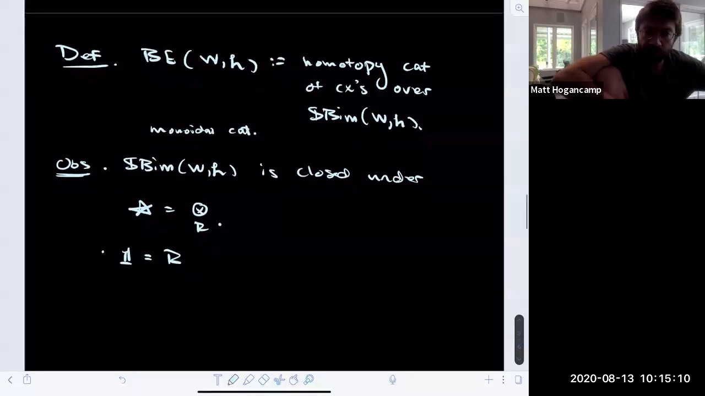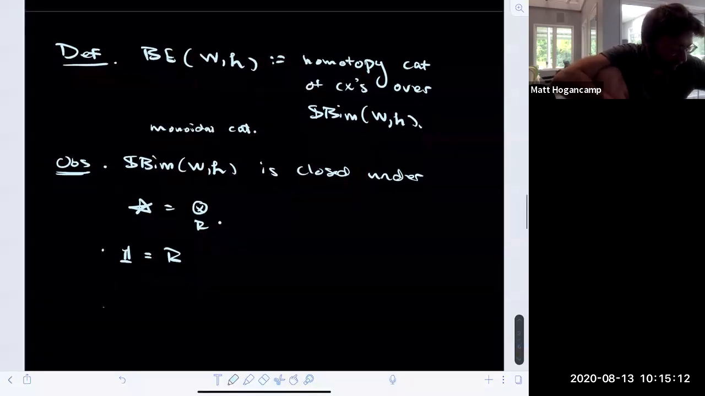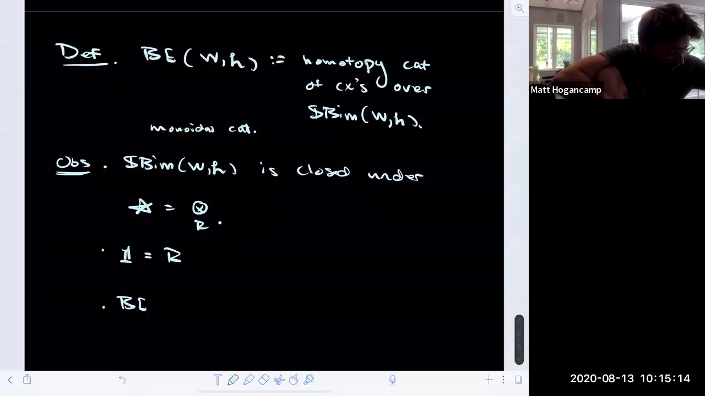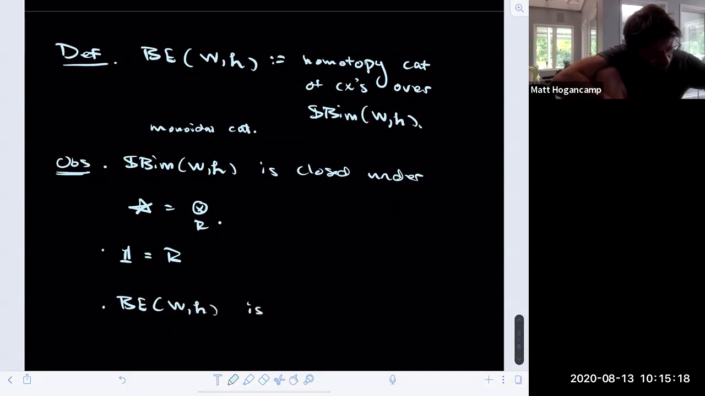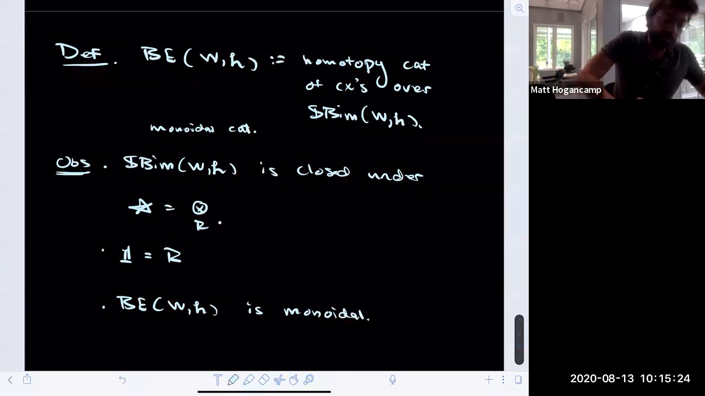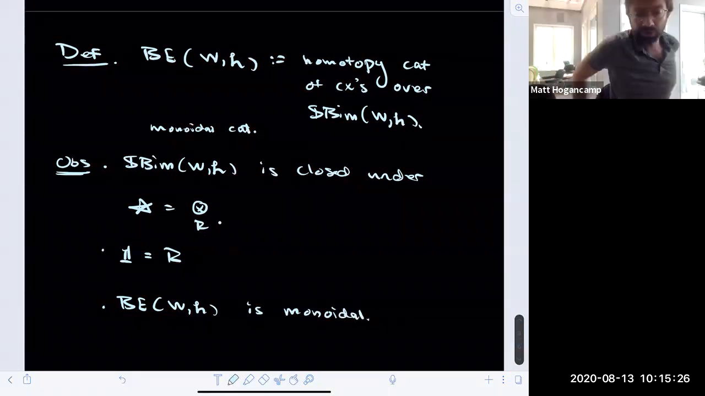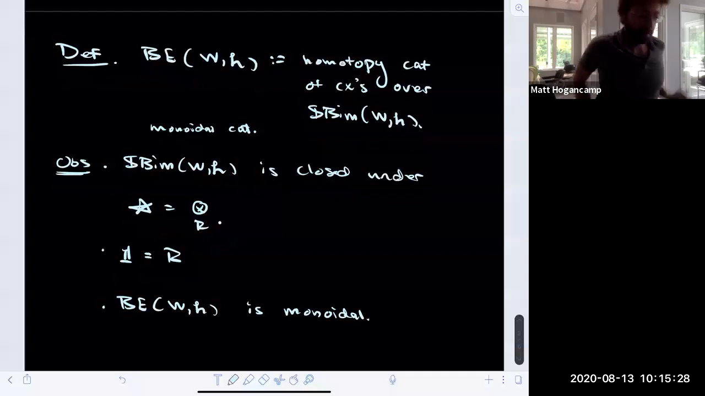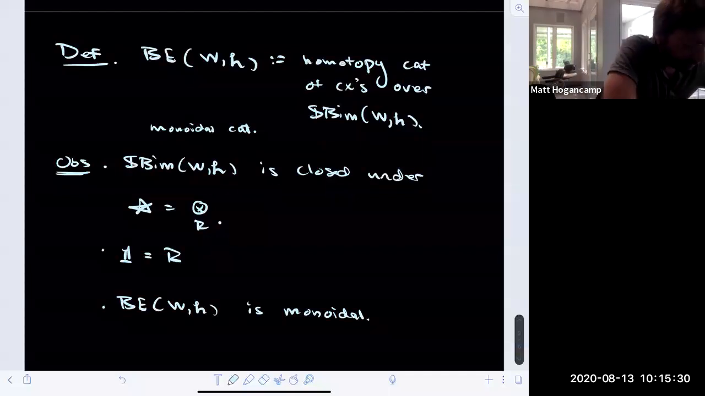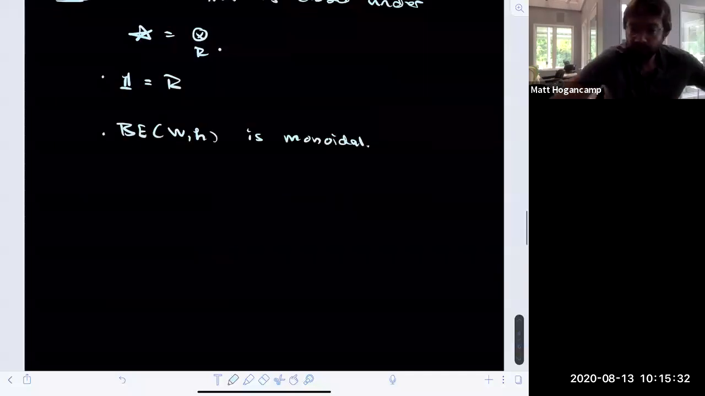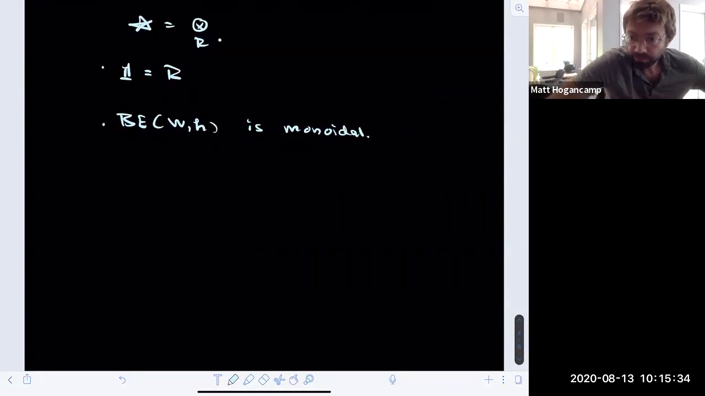And because SBIM is monoidal, its category of complexes is also monoidal, just by the usual formulas. If you know how to tensor objects of a category, then you also know how to tensor complexes of objects in that category. Okay. So